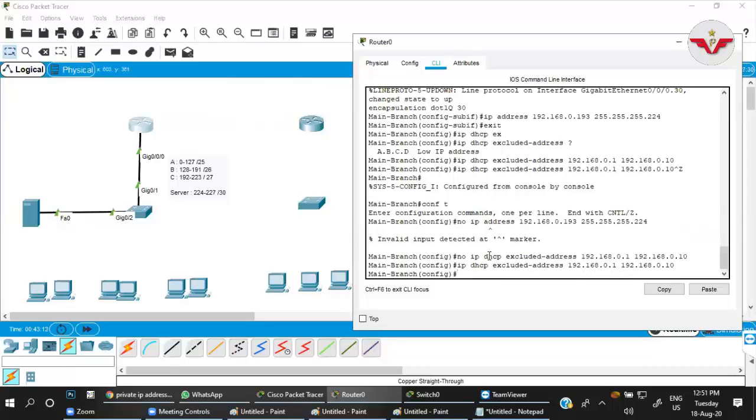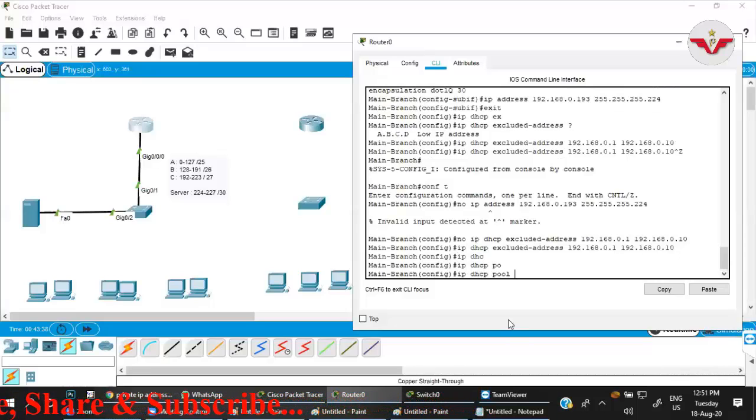Fine. So for ip dhcp excluded-address, as of now I'm just putting this in so that we can check whether it's working or not. But that is not a mandatory command. If you don't have any scope to exclude, you can leave that command. Now, I have given a range to exclude the IP addresses. Done. Now, ip dhcp pool. I'm just going to create a pool from where all these PCs in VLAN 10 will get their IP addresses.